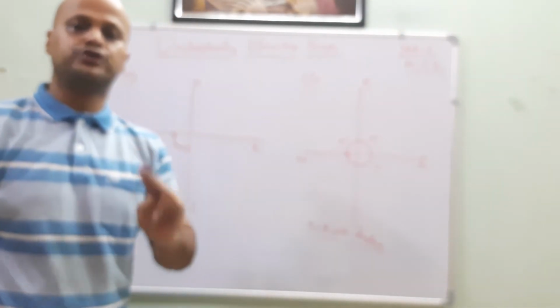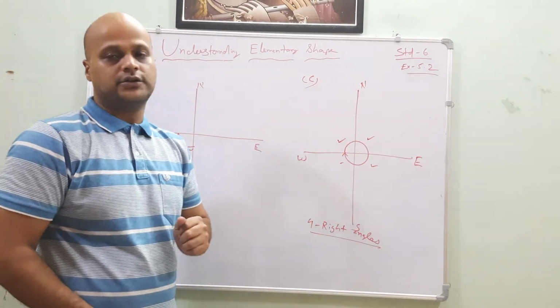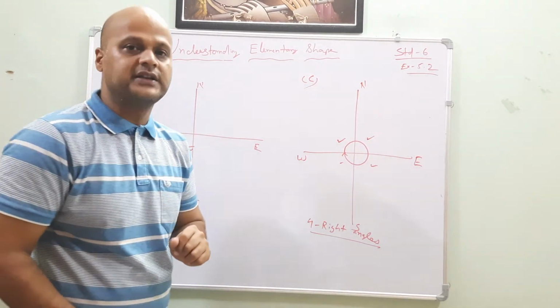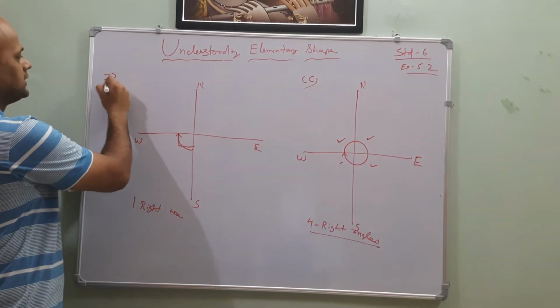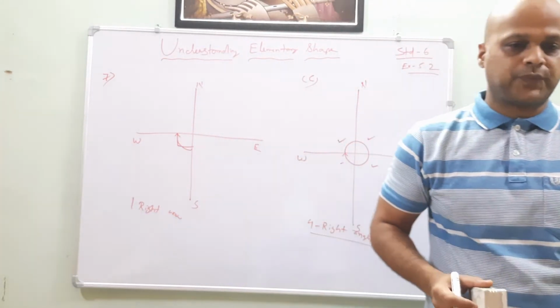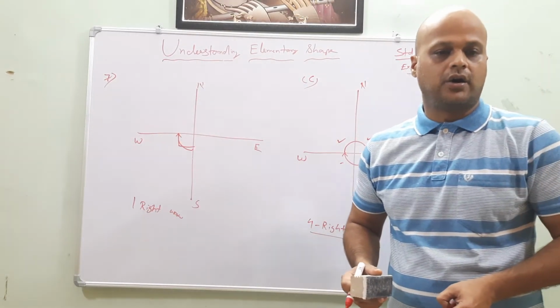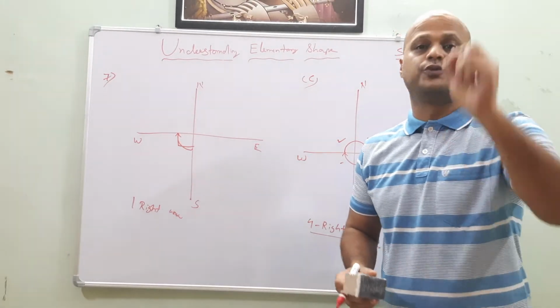You have to do the rest 2 questions. If you have any doubt, you can ask me. Okay. The last one. Which one? The 7th one. The 7th one is saying what? Let's read it first. It's saying, where will the hour hand of a clock stop? Now the hour hand will stop in which position?